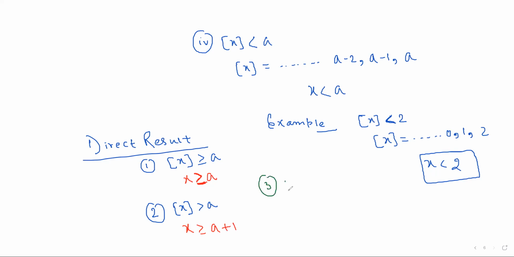Number three is greatest integer function of x less than equal to a। तो x less than a plus 1। Number 4, greatest integer function of x less than a, so simply x less than a। So beta this is the direct result, you can use the direct result properly and get the final answer। अब बेटा सीधे डायरेक्ट रिजल्ट का यूज करो।